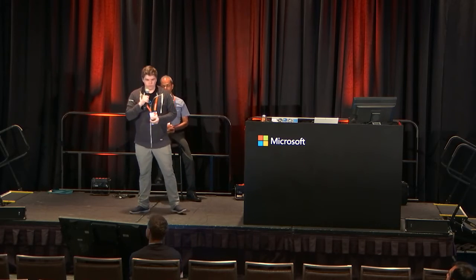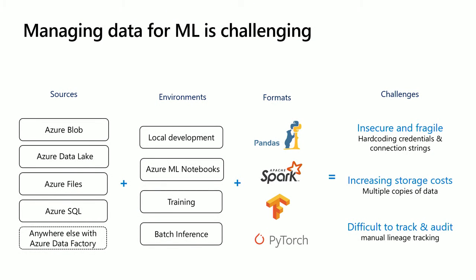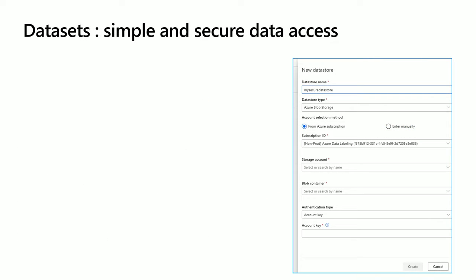This allows you to train both in your local environment, or once you're ready, move to a hosted notebook VM, or even scale out to distributed nodes through Azure Machine Learning clusters. These can be powerful Azure VMs, including GPU machines, such as the standard NC6, which we'll use in our demo today to show how you can use PyTorch to easily train a CNN on a labeled dataset. I am going to rush through these slides and mostly want to spend time demoing the datasets and showing you the power of them.